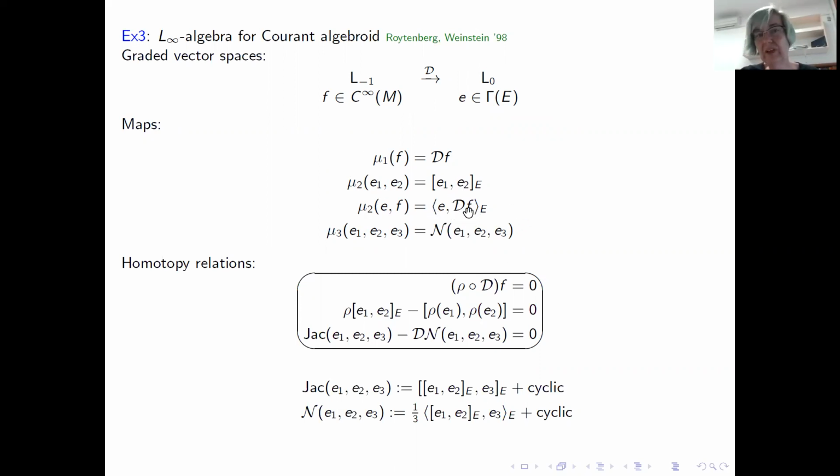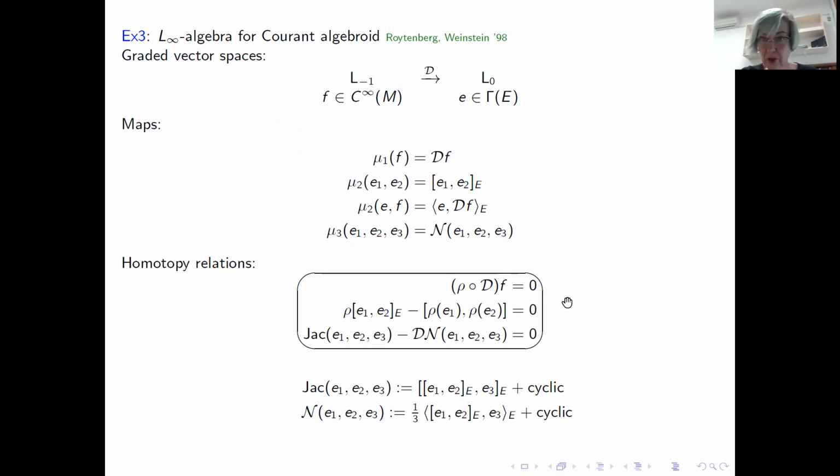So you lift the functions to the bundle and then evaluate it on the bundle bilinear. And this third one is just telling you what happens with your Jacobi identity for the bracket in the Courant algebroid. And the homotopy relations, which are compatibility between these maps, give you exactly back the properties of